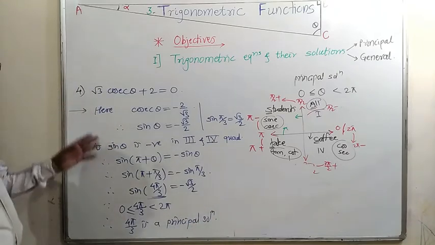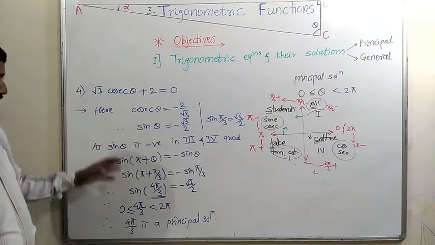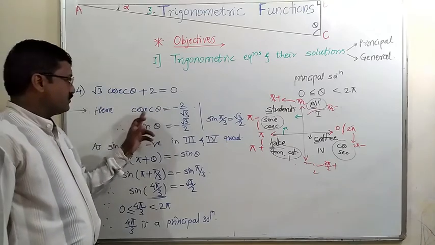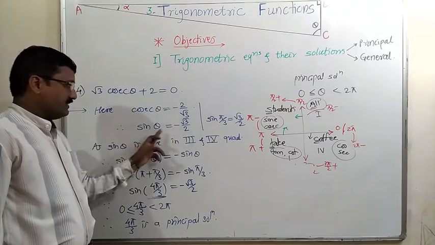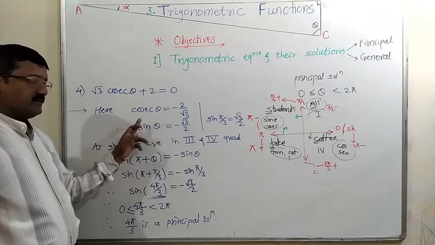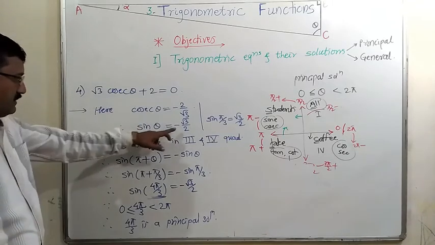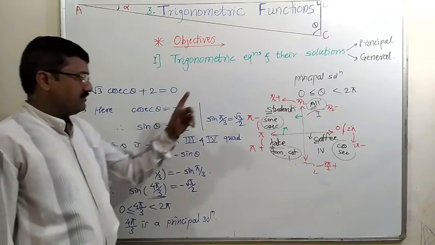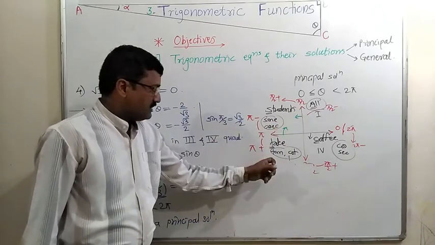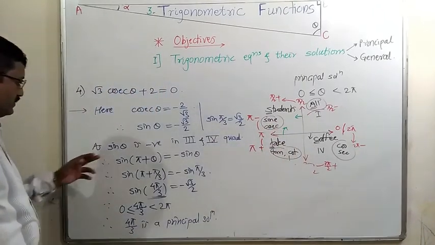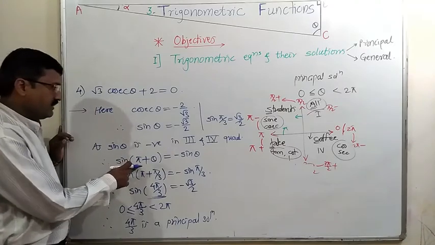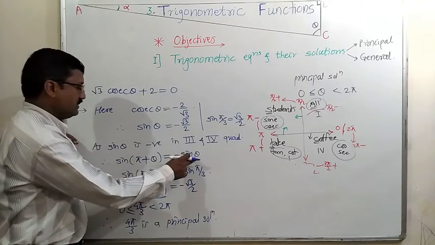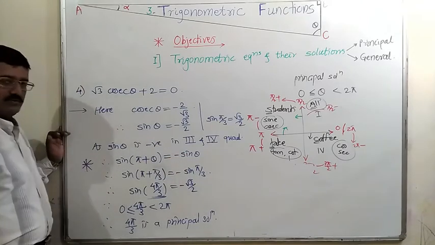Because we have solved 4 examples of the same type. What we have done here, let us see this half part first. Given root 3 cosec theta plus 2 equal to 0, from that cosec theta equal to minus 2 by root 3, so sin theta is equal to minus root 3 by 2, that is, we have converted cosec into sin. Then here this trigonometric ratio is negative, that's why we have found in which quadrant the sin function is negative. Sin is negative in the 3rd and 4th. So we have chosen the 3rd quadrant first. 3rd quadrant is pi plus theta. So instead of sin theta, write sin of pi plus theta, that is equal to minus sin theta. This is our formula that we have to remember also.